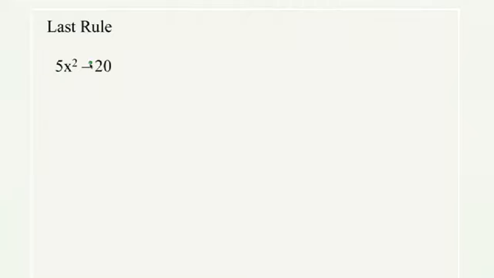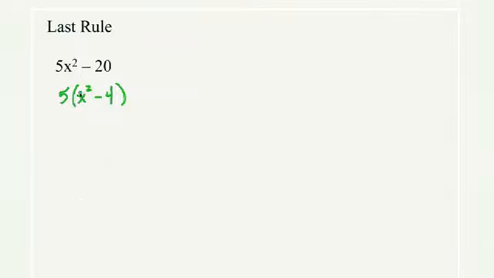And let's look at this first one. Your brain should automatically look at a problem and say, is there something common I can take out? When you look at this problem, there is. You'll notice that there is a 5 that divides both of these. So your first step is take a 5 out, and in parentheses, you'll end up with x squared minus 4. Again, why? Because 5 times x squared is 5x squared. 5 times negative 4 is negative 20.